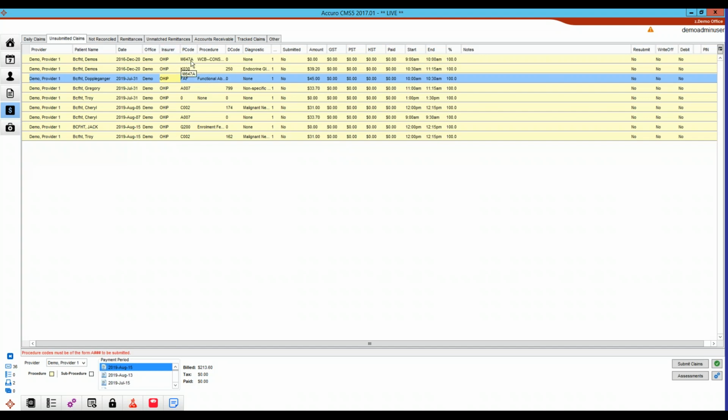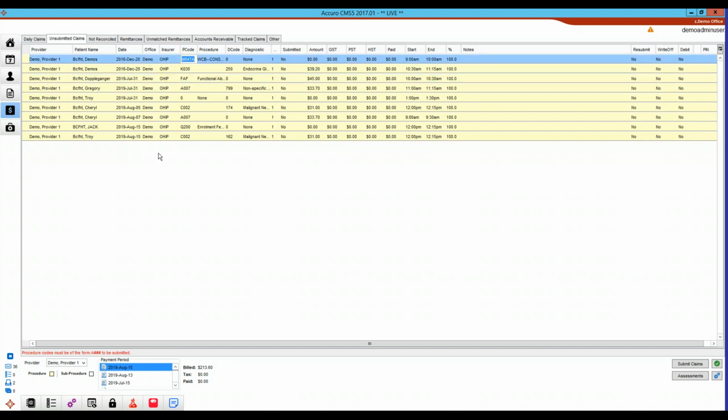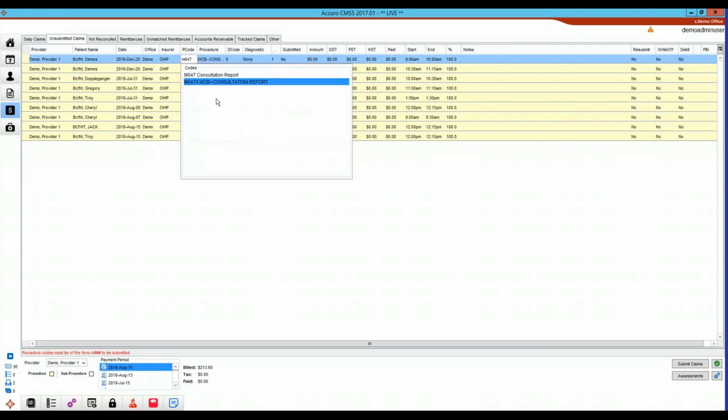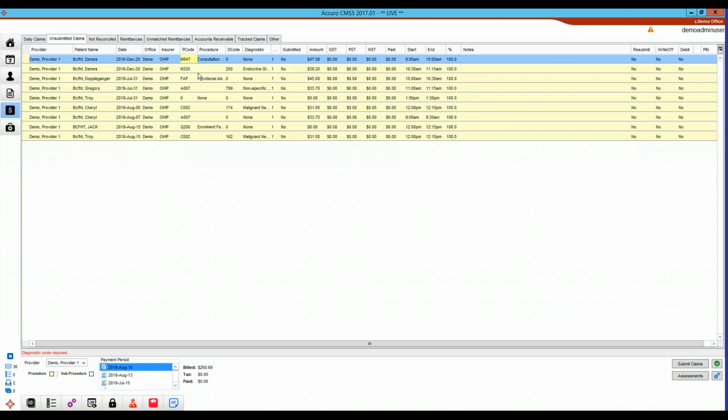But the other one that commonly happens is in searching for some claims. If I search for M647, there are 2 options listed as the procedure codes. One has the A at the end and the other one doesn't. So we just need to make sure that we're always choosing the code that does not have the suffix letter at the end, and that'll clear that error. So if I validate again,